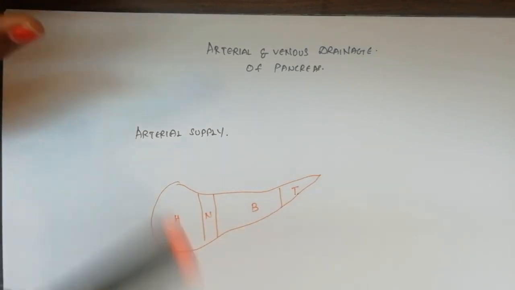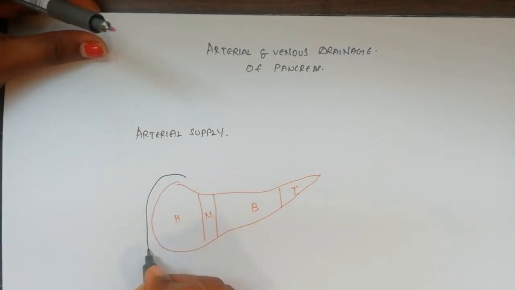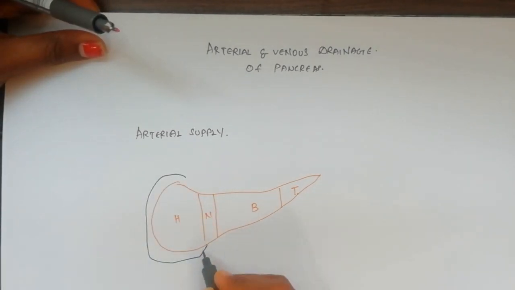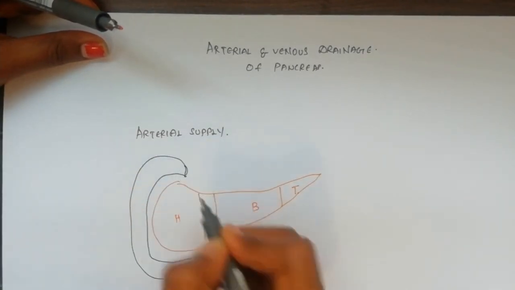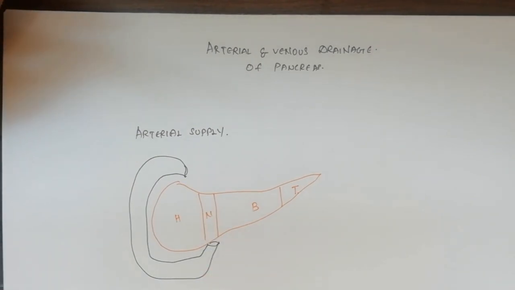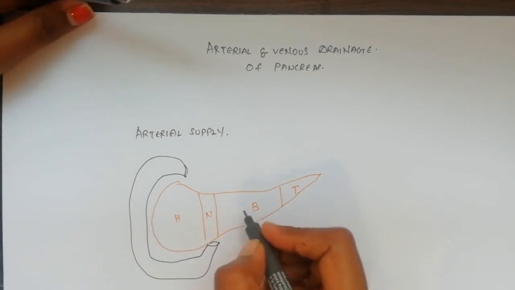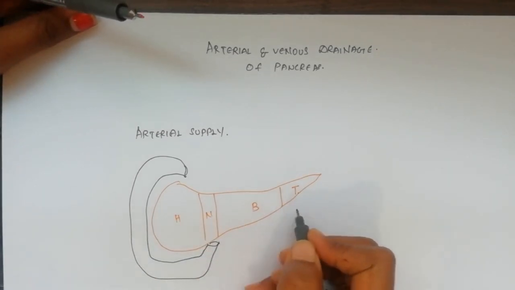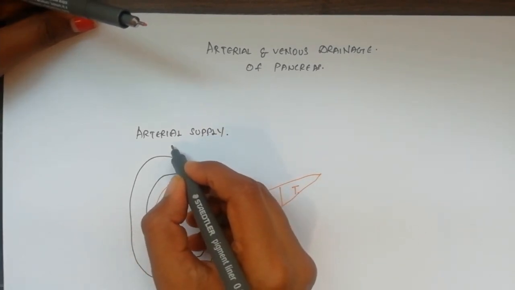So we have got the gastroduodenal artery, which is giving a branch called the superior pancreaticoduodenal artery, which is giving an anterior branch and a posterior branch, and here also anterior and posterior branch, and this is the inferior pancreaticoduodenal artery, and this is the superior